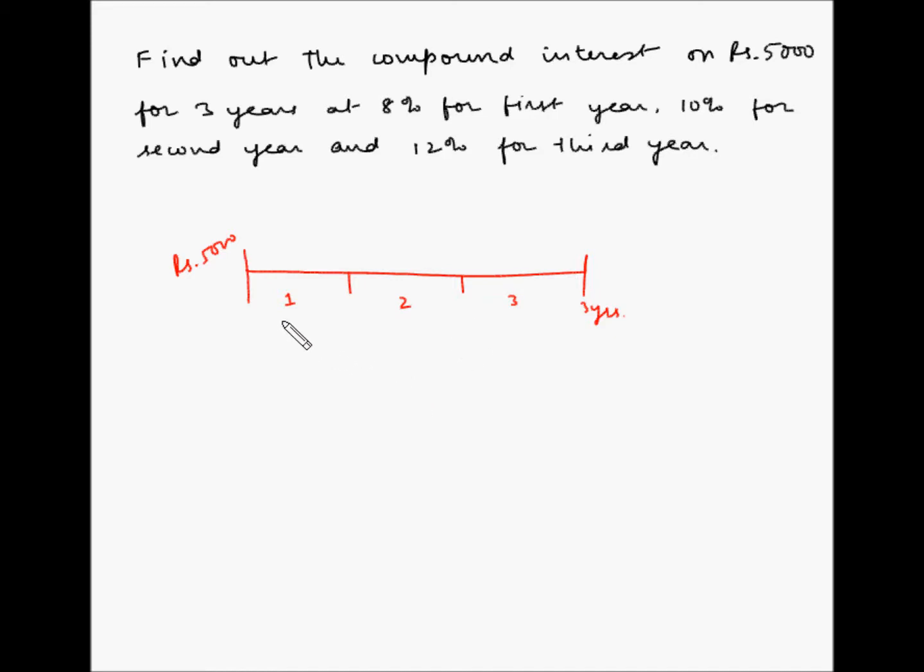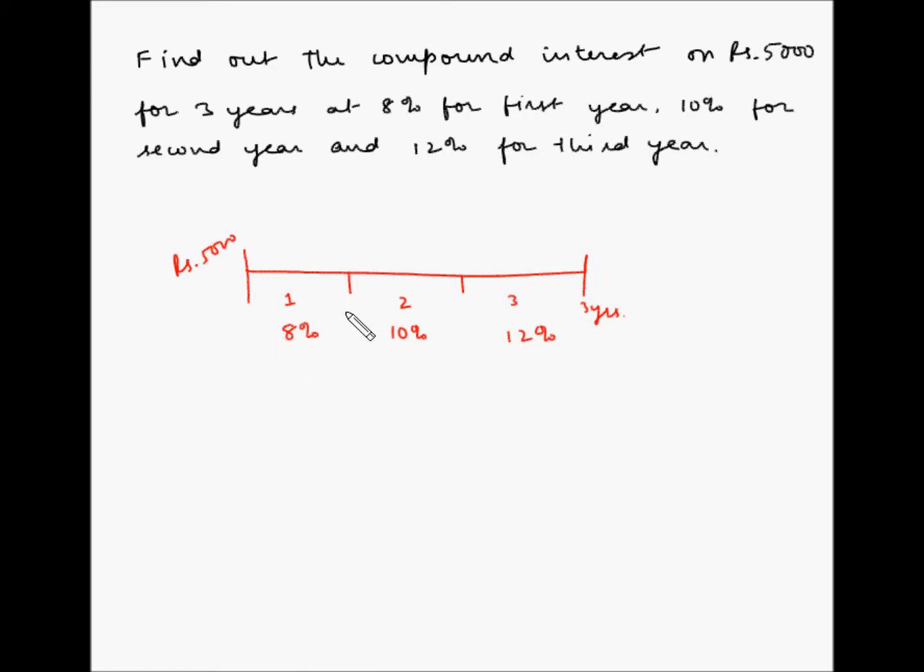So let's say that you have borrowed an amount of 5,000 rupees from the bank for a period of 3 years. Now the bank says that you have to pay the interest which is compounded annually, and the first year you have to pay an interest of 8%, the second year you have to pay an interest of 10%, and the third year you have to pay an interest of 12%. Now since the interest is being compounded annually,